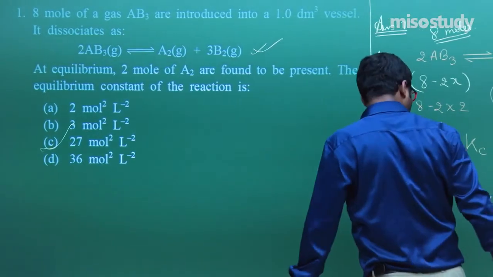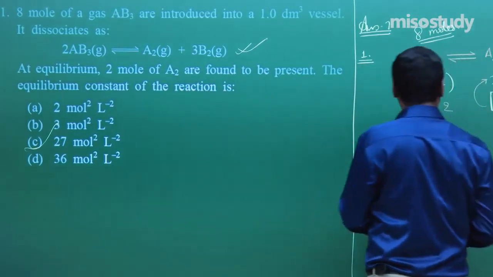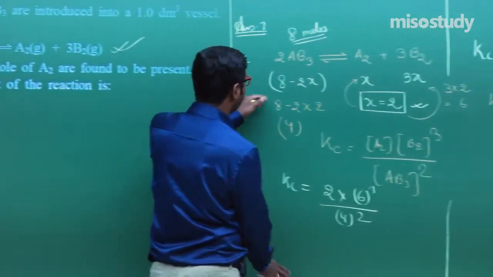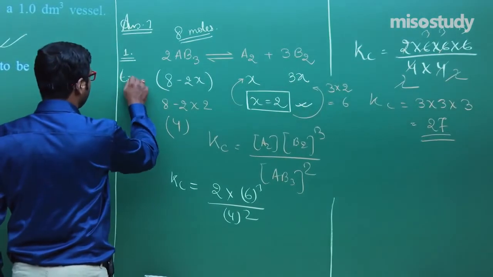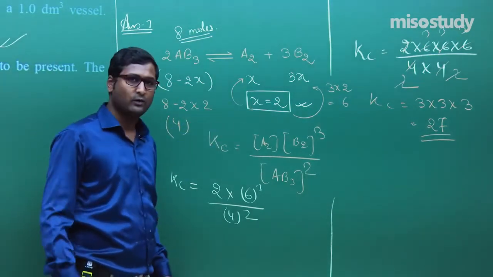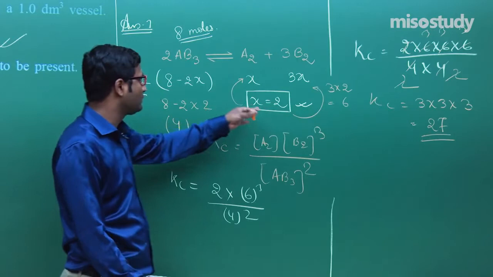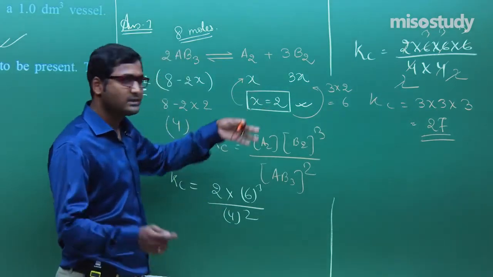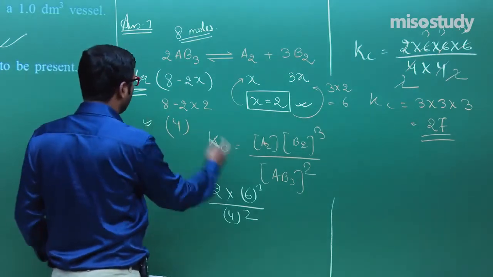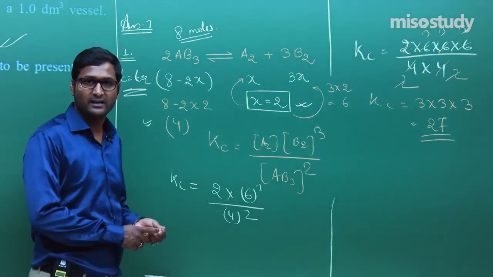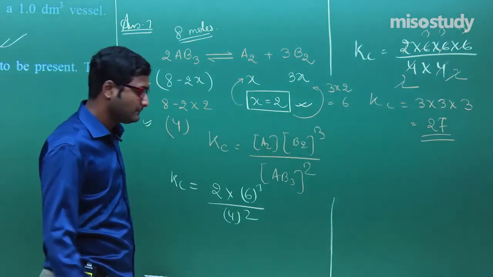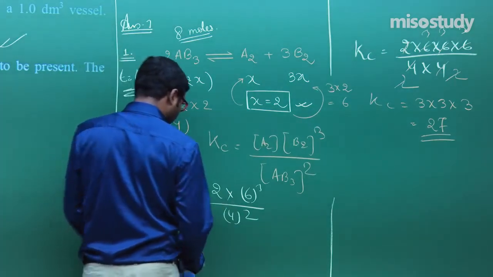You can easily solve such kind of questions. Clear, friend? If you have any doubt, you can check it out. The simple expression: at equilibrium, that is the condition. And put the values: for 1 decimeter cube, the concentration is 2 upon 1 equal to 2, 6 upon 1 equal to 6, and 4 upon 1 equal to 4. That is a similar pattern, so we do not need to write out the question elaborately. Clear? Now I am going to rub this part. Wait for a moment.